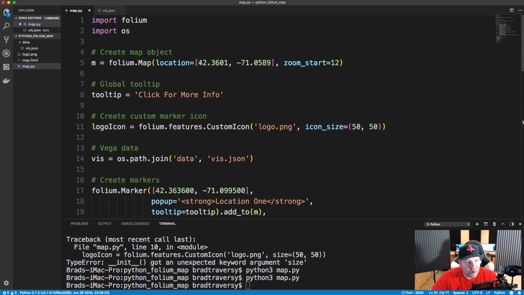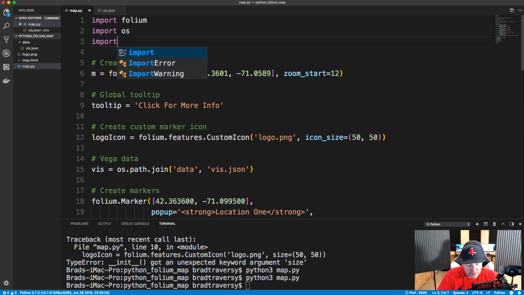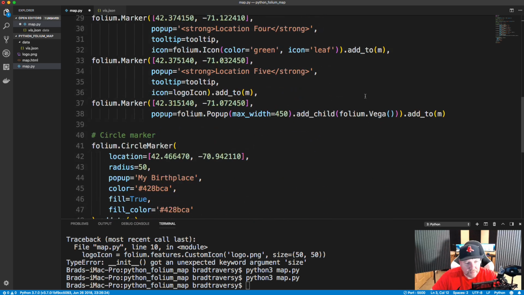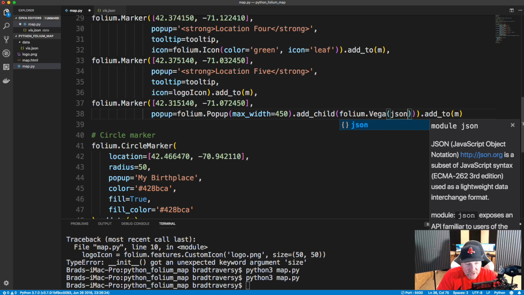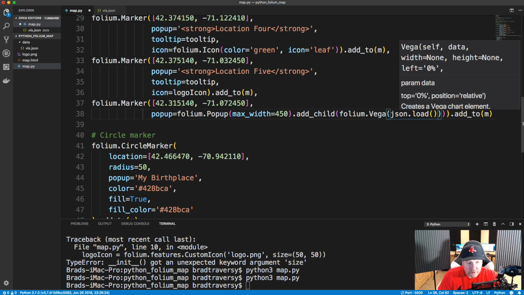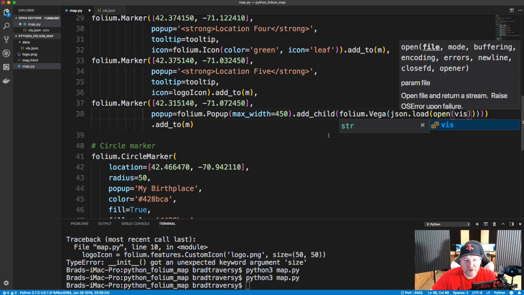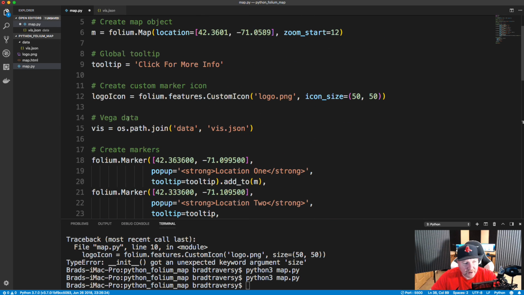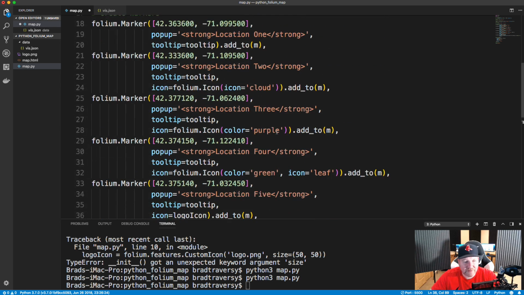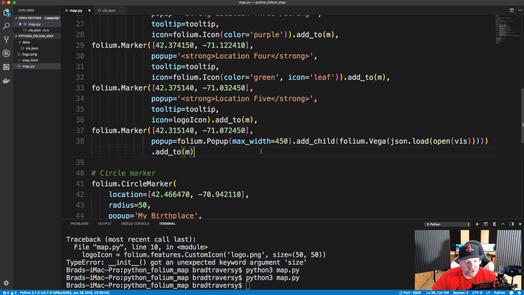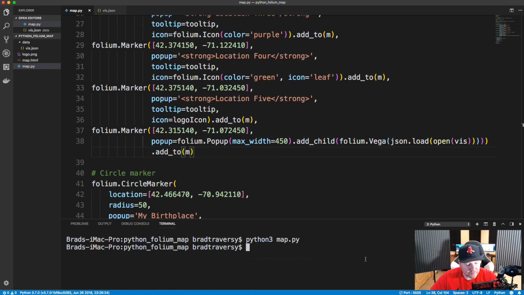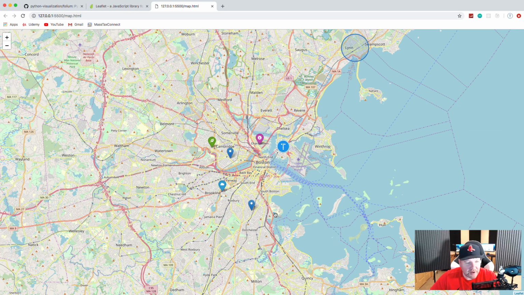So I'm going to go up here and just import the JSON package, and we're going to say folium.vega and then json.load, and inside this json.load method we want to run open, and we want to pass in vis, which is our variable that we created up here that contains the path to the file. Okay, and that should do it. So let's save and let's run the file and go back to Chrome, and now this is the one that